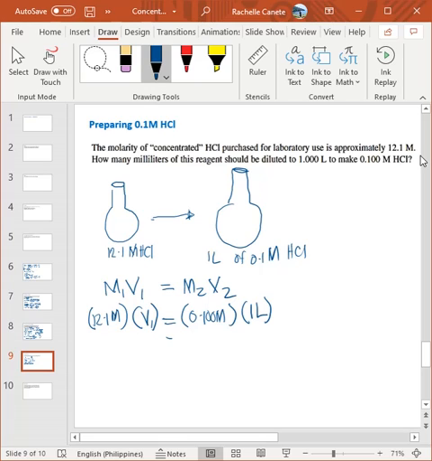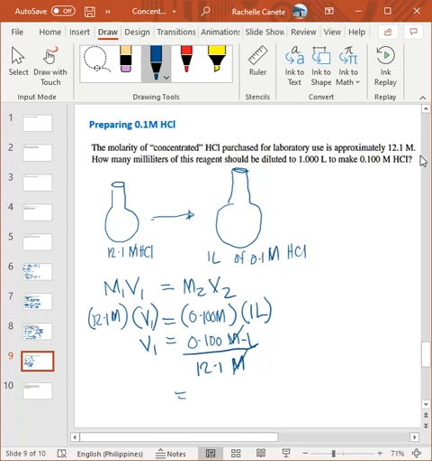So, that's 0.1 times 1 liter, which means 0.100 molar liter, divided by 12.1 molar V1. So, cancel the molar. That gives you liters, which means that's 0.1 divided by 12.1, which is